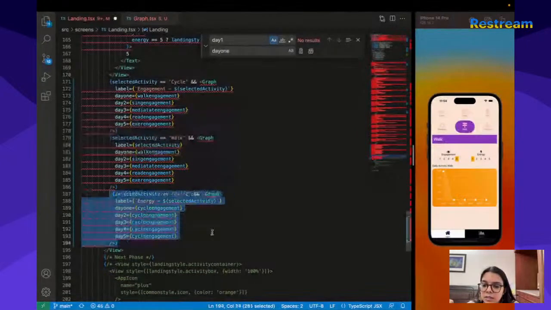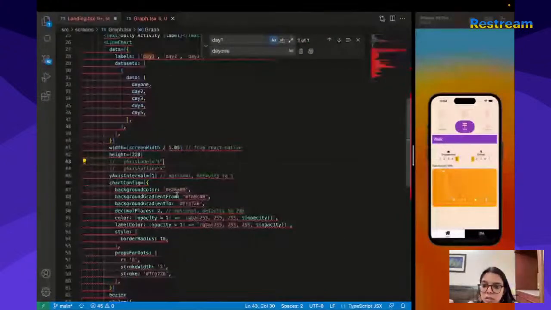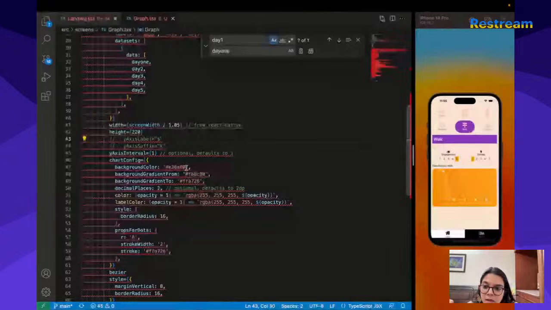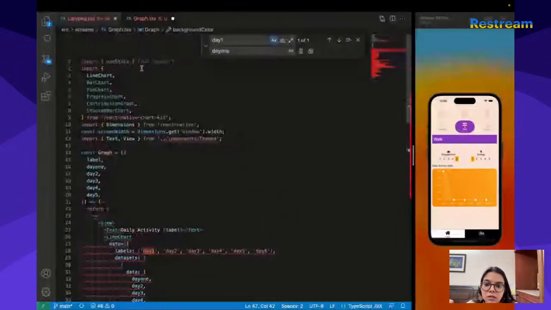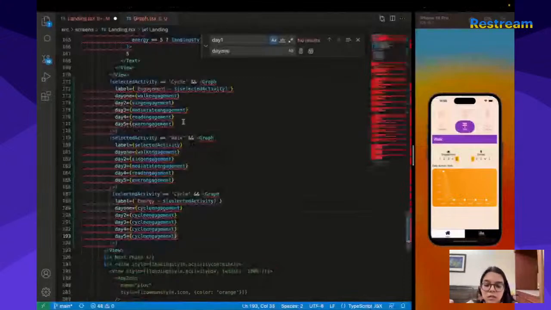I pass the props as well to change the color. So my background color is coming as here. I'll pass that as the prop. Sorry, back color. I'll save it. Let us say there is no back color, and I'll pass that as the